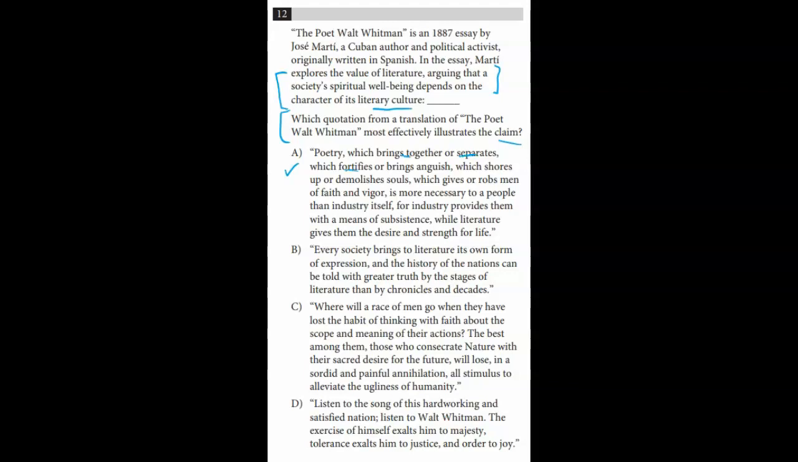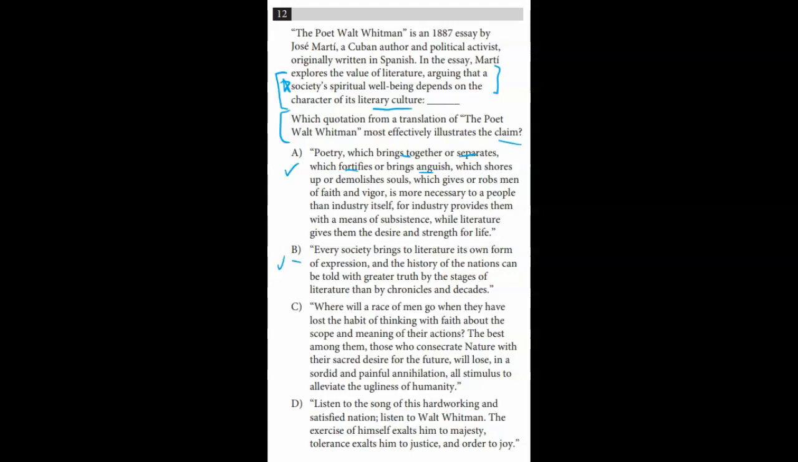It can fortify or anguish, shores up or demolishes souls, the influence that poetry has on a society's spiritual well-being, because that's the claim over here. So I like A. Every society brings literature its own form of expression, and the history of nations can be told with greater truth by the stages of literature than by chronicles of decades. I also like this one because it talks about